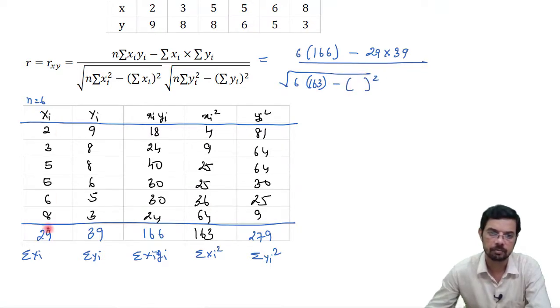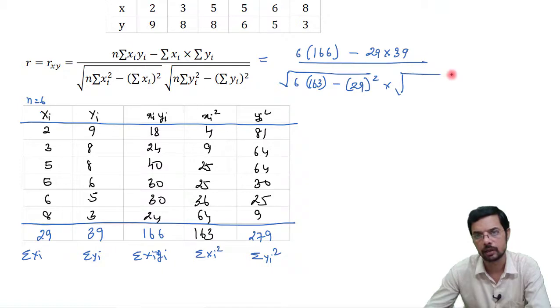Okay, where is sigma xi? Sigma xi is 29. So that is 29 whole square into square root of, again, what is this? This is n into sigma yi square. N is equal to 6, so 6 into sigma yi square. Sigma yi square is equal to 279. Okay, 279